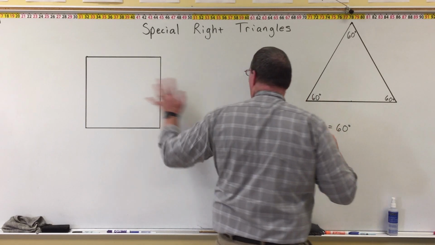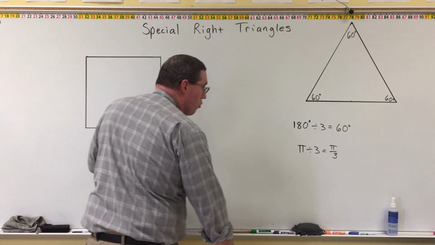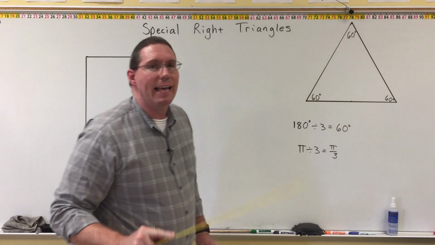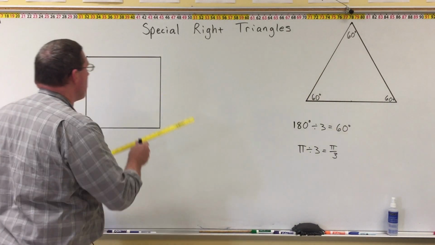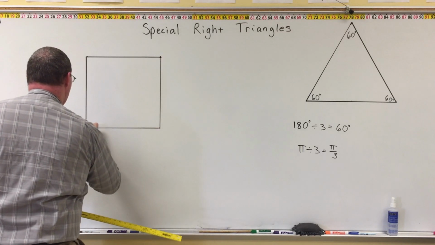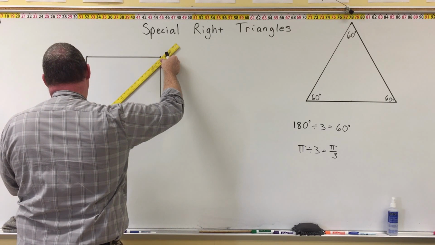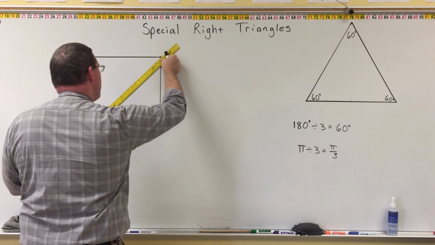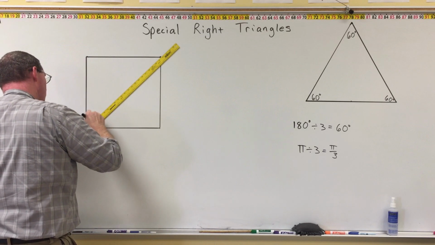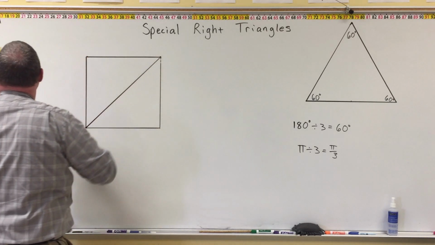what we're going to do, we're going to start over here. Here's what we're going to do. We're going to take the square and we are going to cut it in half diagonally. Okay? So we're going to go up here to this corner right here, and we're going down to this corner right here, and we are going to draw in a diagonal on this square, and here's what it's going to look like. All right, there's a diagonal, and now